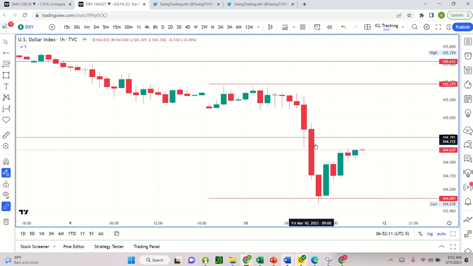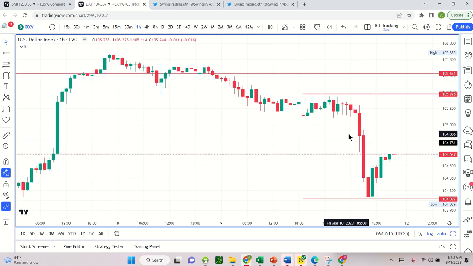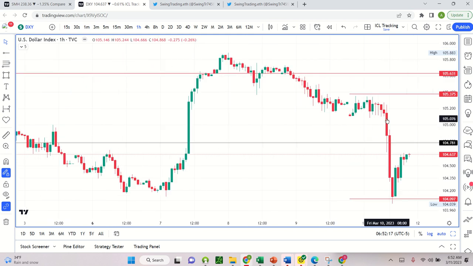And then you had big follow through the next hour, and then big follow through the next hour. This is a pattern that you see often. It's weird. It's basically 3 candles in a row. So you can see that's a big down candle, lower low than this. This is a big down candle, a lower low than that. And this is another big down candle, lower low than that.